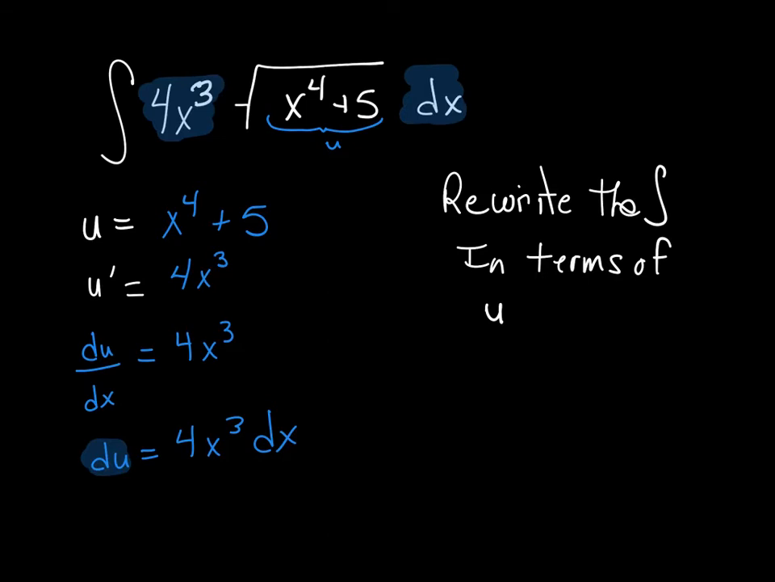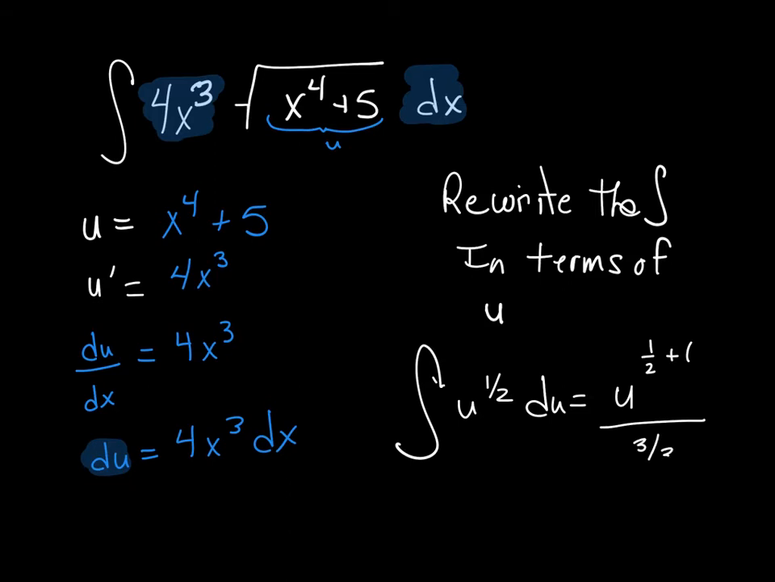So to write this in terms of u, I just want to make sure I have everything I need here. This just becomes the integral of u to the 1/2 du. I integrate that. That gives me u to the 1/2 plus 1 all over 1/2 plus 1 is 3. Oops, I wrote 3/3. It's not 3/3, it's 3/2. Plus my constant,